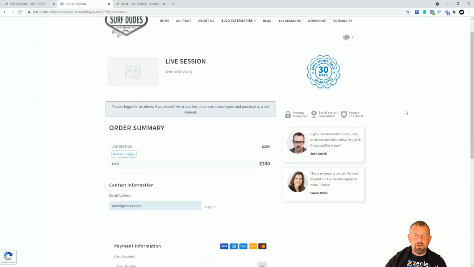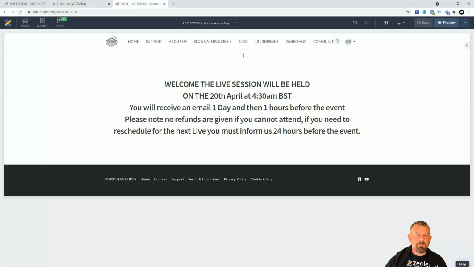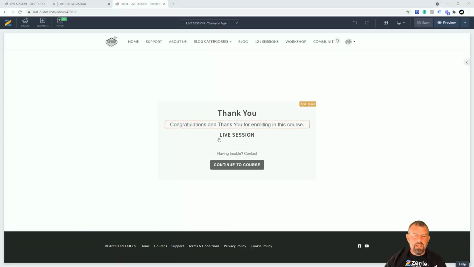You can delete the rest out if you want to. They can then buy that, and then they go through to the last page, which is the thank you page here. So they'll be getting to this page. So this is the thank you page. Again, you could